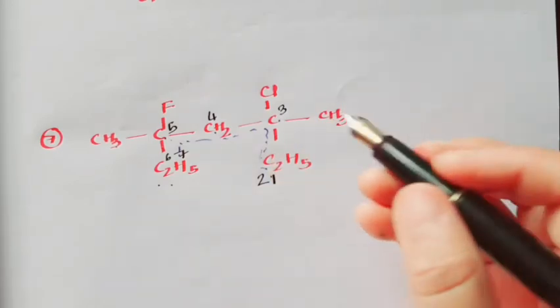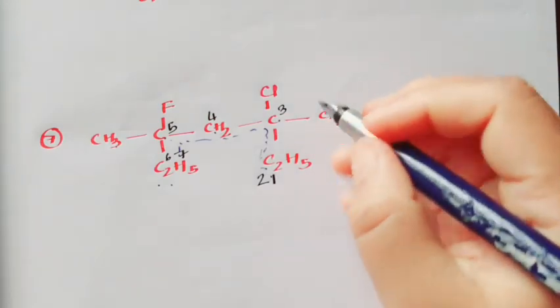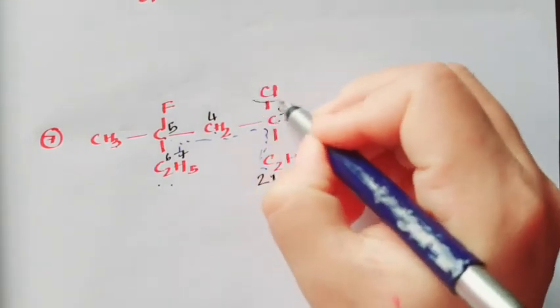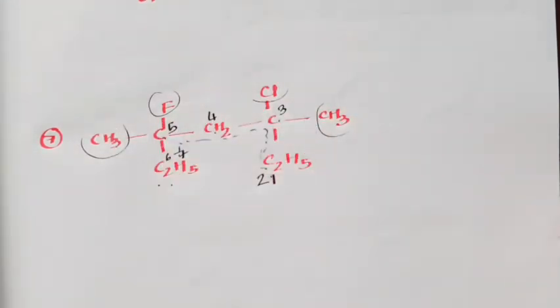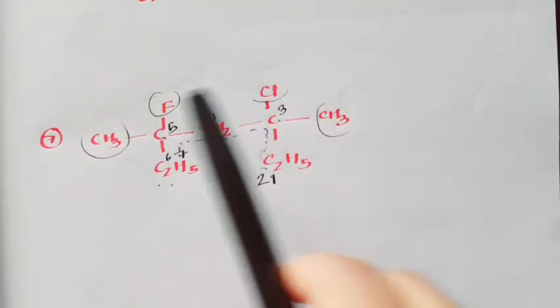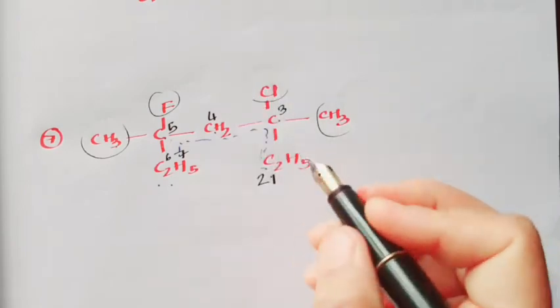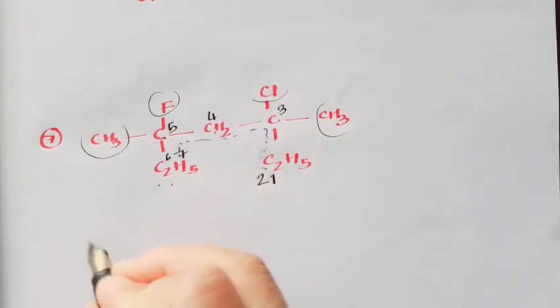Now the name. How many substituents are there? These are not in the chain. Not in the chain, not in the chain, not in the chain. So 4 are the substituents, right? So Cl is chloro, then fluoro and methyl. So chloro obviously comes first. What is its position? 3